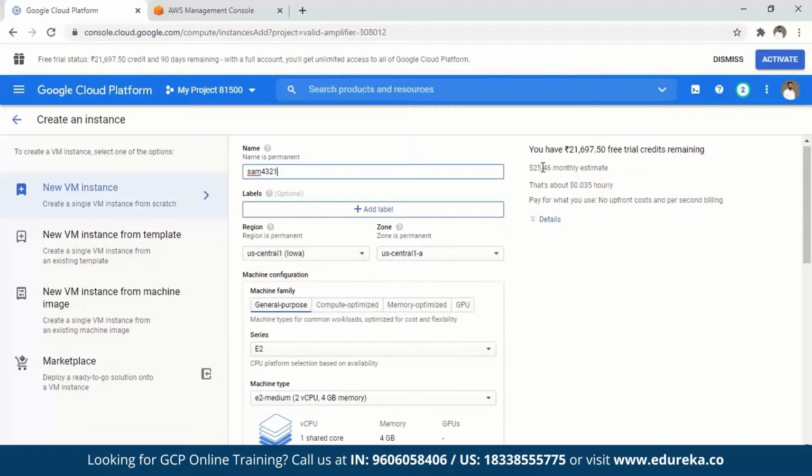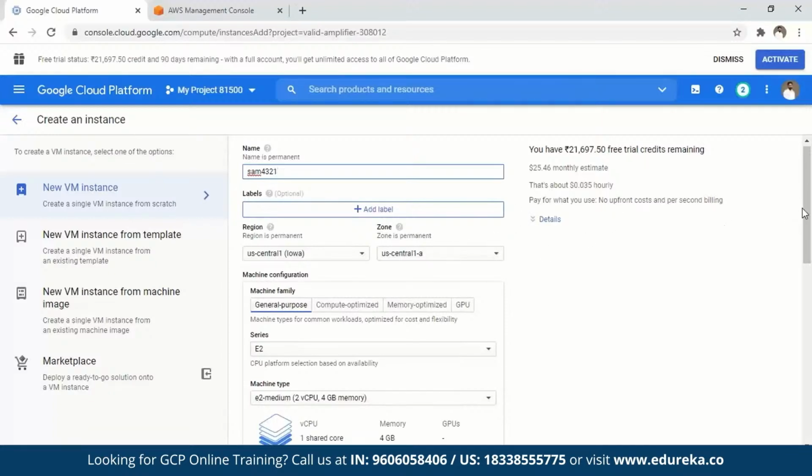In Indian currency, if we say 70 to 75 rupees for a dollar, that is 750 for 10. So around roughly 2,000 rupees for an instance to run for the entire month if I keep it running, which you might not need to. But I'm giving you an estimate. So it gives you the detailed information as to how long this instance would be running and how it would be working and stuff like that.